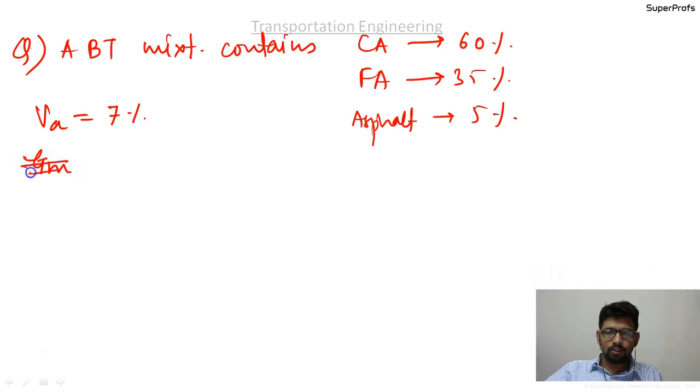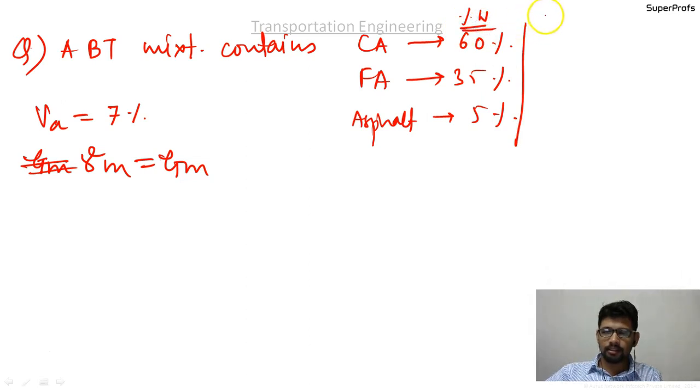So unit weight is actually gamma m, but in our case it will be equal to GM itself, and the reason I have discussed, because the denominator comes out to be 1. After compaction with 7% air voids, the volume of air voids is 7%, and the specific gravities are given. This is percentage by weights, and these are the specific gravities. The G values are, for coarse aggregates 2.72, fine aggregates 2.66, and for asphalt 1.0.